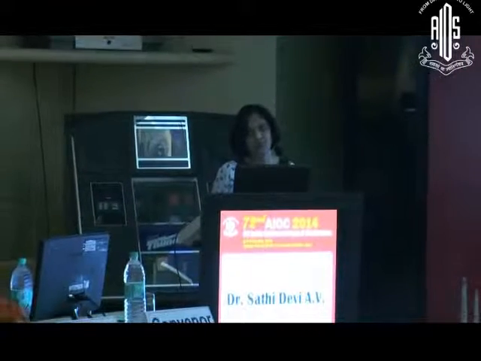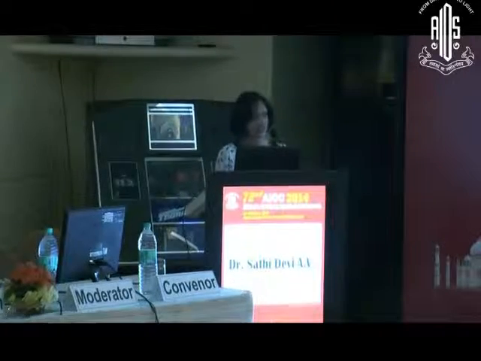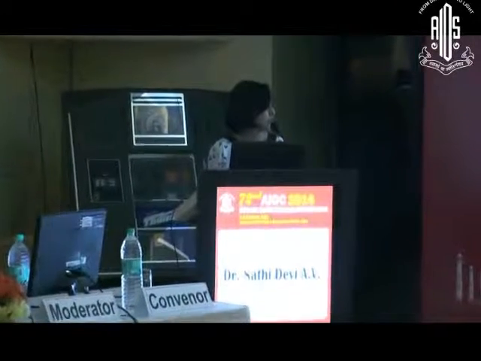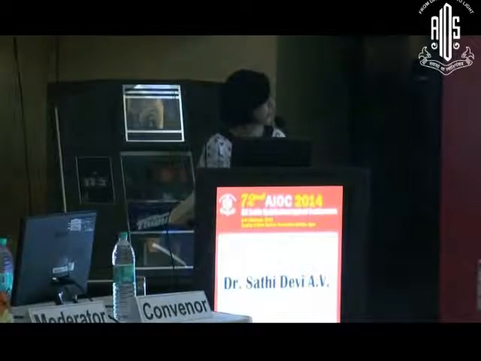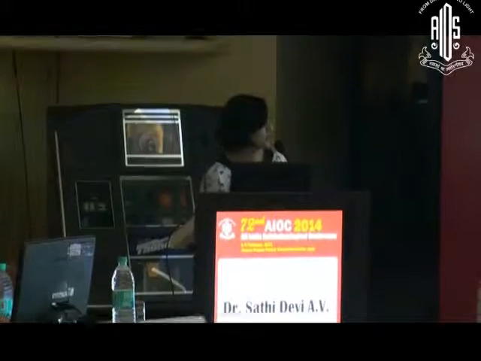We will be trying to introduce and tell what adaptive optics is all about, see what kind of images we get, and try to compare it with the current standard that we have, that is SD-OCT. So I would be covering the comparison of SD-OCT and adaptive optics for imaging. RNFL imaging using